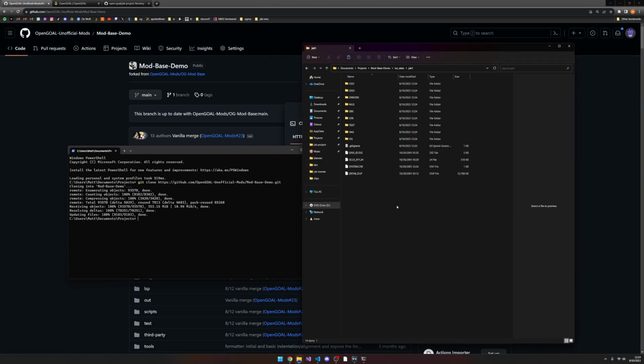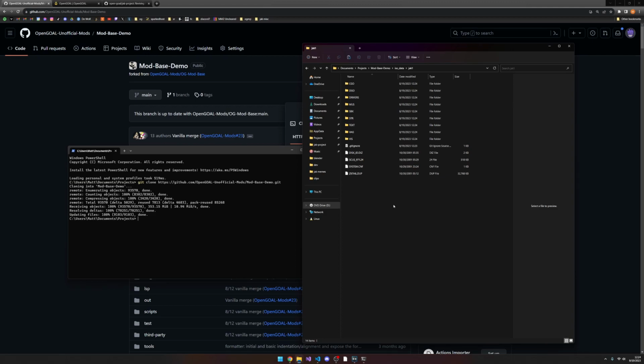When you drag and drop your ISO onto extractor.exe or select it in one of the launchers, it's kind of doing this behind the scenes for you. We're just doing it a little bit more manually. Cool. So now what we want to do is make sure that the project just runs normally before we make